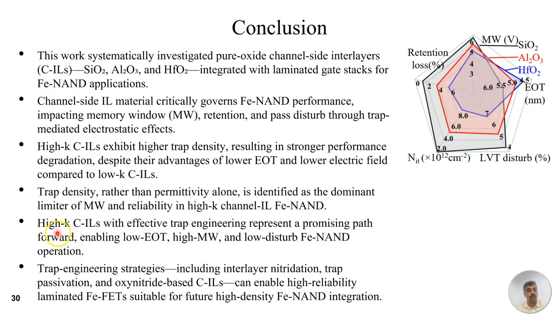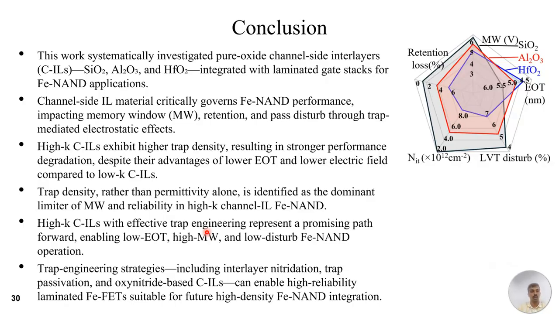If we are able to achieve a high K CIL with ultra low trap by using trap engineering techniques, then that represents a promising path to enable low EOT, high memory window and high reliability